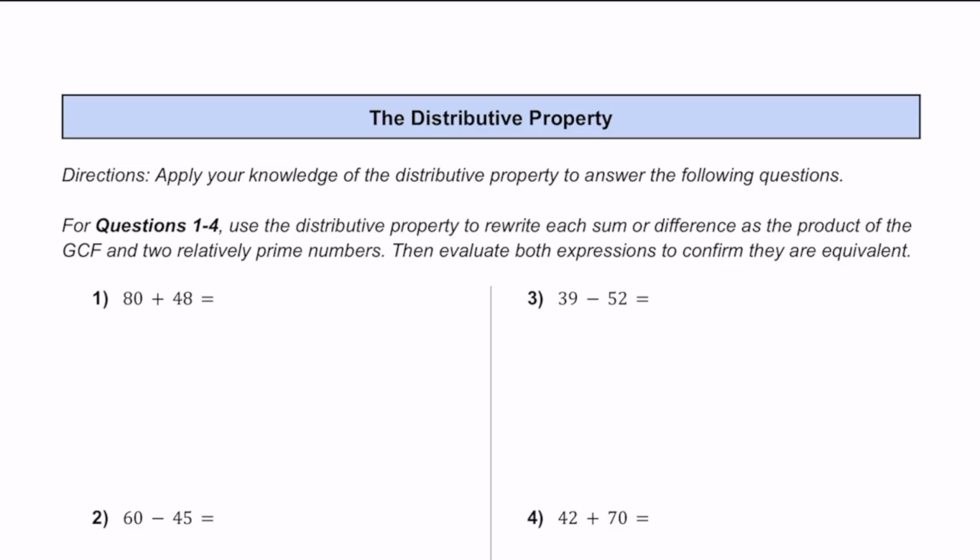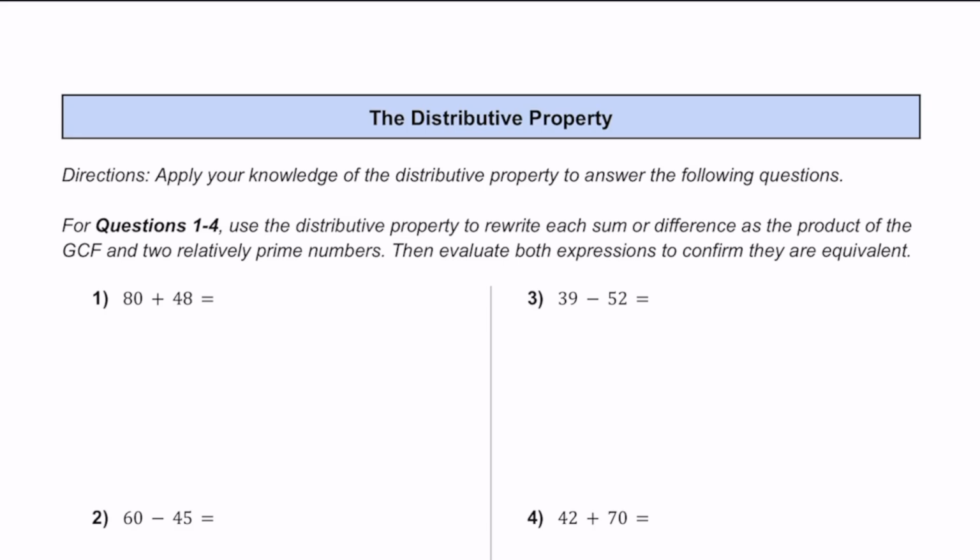In this video, let's go ahead and apply our understanding of the distributive property together. So in each of these problems, let's see how we can rewrite expressions and maybe think about problems in different ways and still solve them appropriately. For questions 1 through 4, we're going to use the distributive property to rewrite each sum or difference as the product of the GCF and two relatively prime numbers, then evaluate both expressions to confirm that